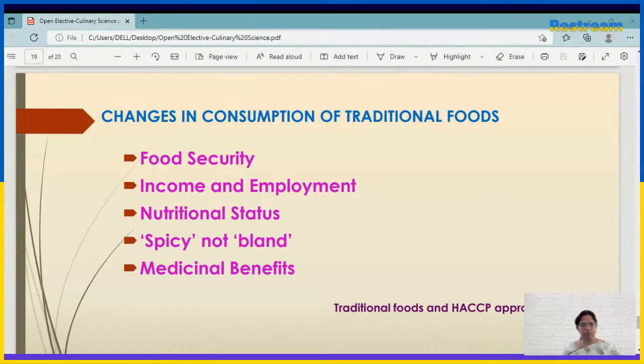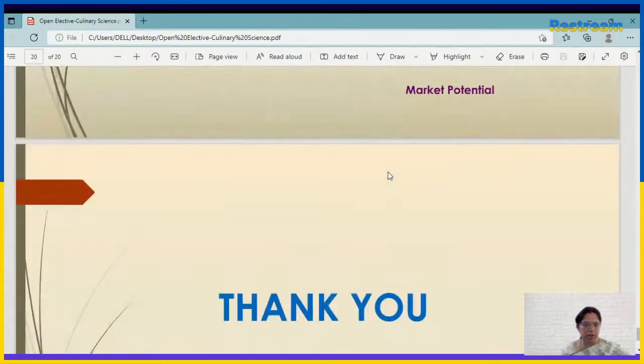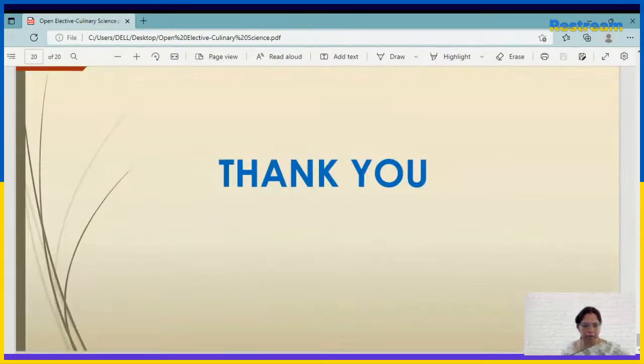So this ready to eat food has a lot of market potential, especially in the urban areas, and it is being produced and extensively used in these urban places, so that we consume sufficient food that is free of any microorganisms, etc. So these are the two things which we saw.